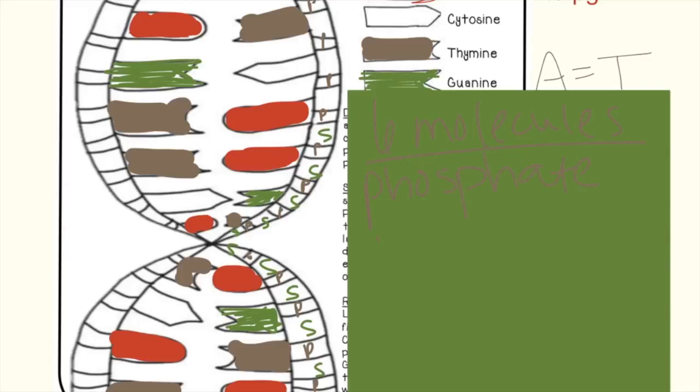We have deoxyribose sugar. And then we have the nitrogen bases: G, C, T, and A. Maybe I should just write those out. Guanine,